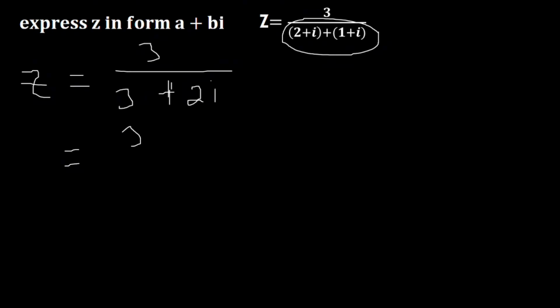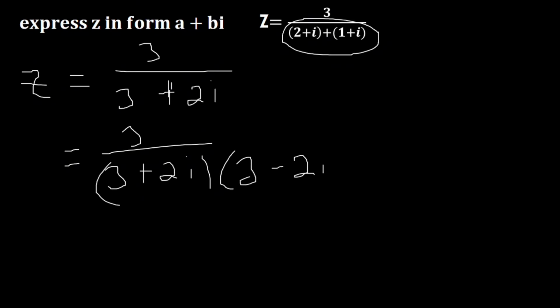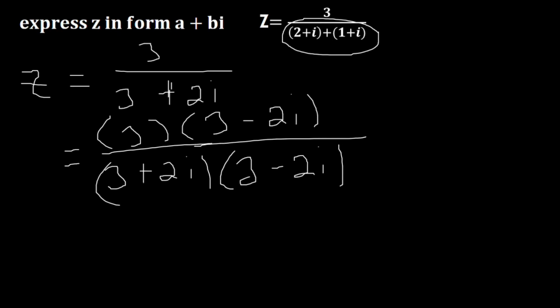That is 3 all over 3 plus 2i times the conjugate, that is 3 minus 2i. We negate the imaginary part. And that will be times what? 3 minus 2i, multiplied on both sides. Therefore, our answer will be equal to, we compute this as 3 times 3, 9, minus 3 times